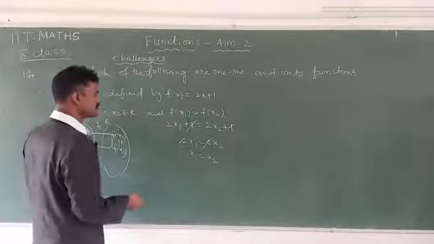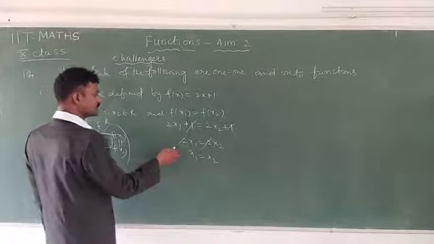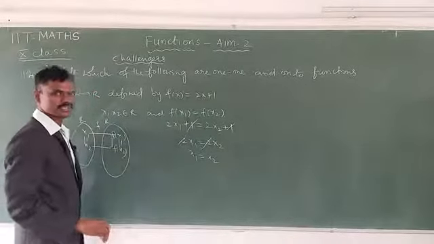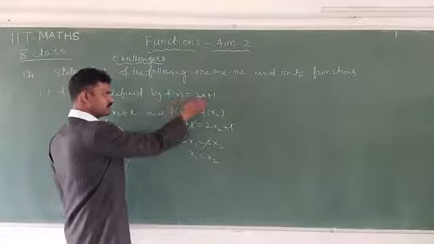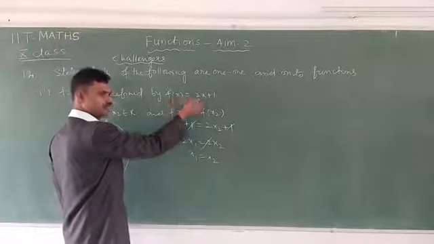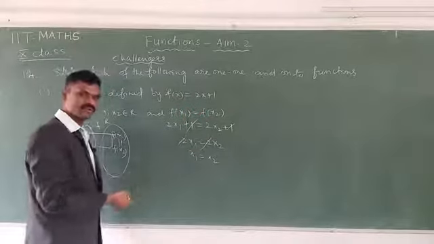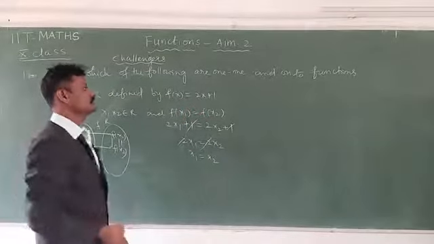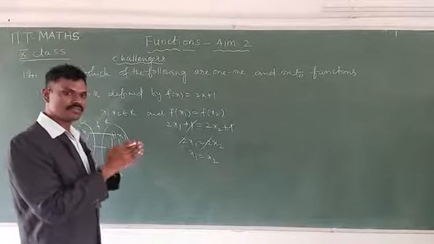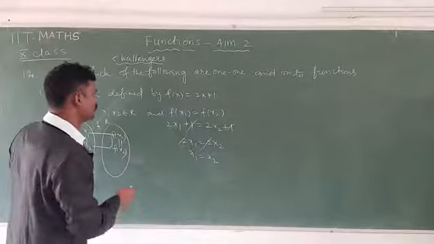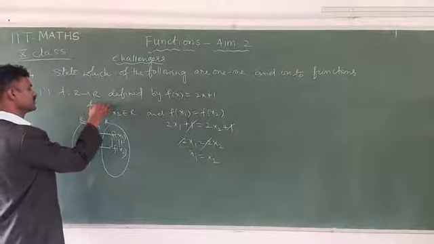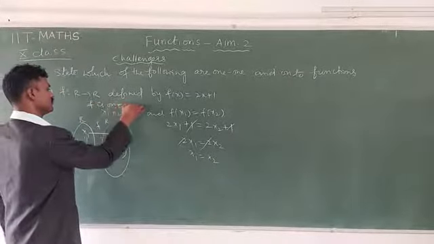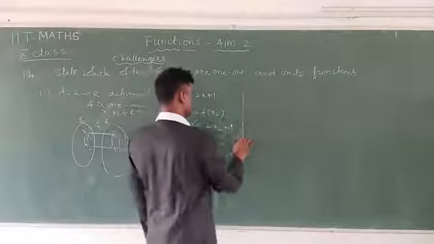Now, how to check the onto function? This is another method you can use: you can substitute some values. Here x is equal to 0, x is equal to minus 1, x is equal to plus 1, x is equal to 1 by 2. Like that you can substitute the values, then you can see different elements having different images. So f is one-one.